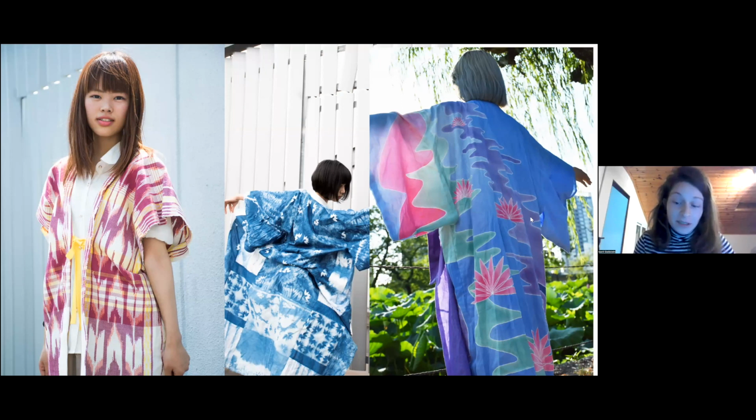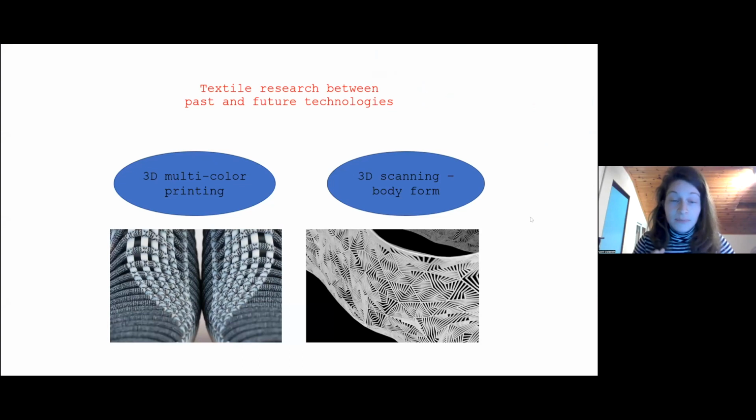And there are a lot of things that you don't have the possibility of doing inside the virtual space. So for me, my research area back then, and still continuing, was how you merge these past technologies into the future and really thinking about the relationship between them.